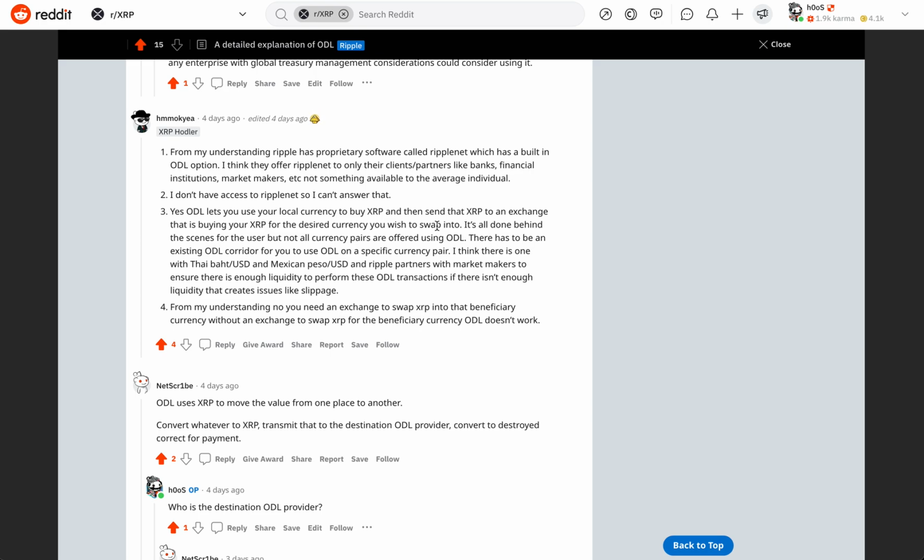So what's the difference between a broker and an exchange? A broker is selling their own inventory of XRP. They're not depending on matching an order book. That's the difference, right? An exchange has an order book and it matches a buy with a sell